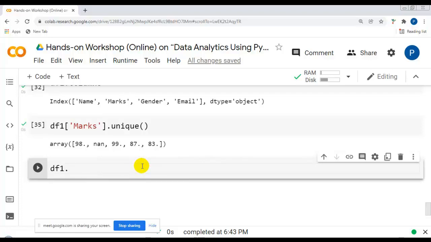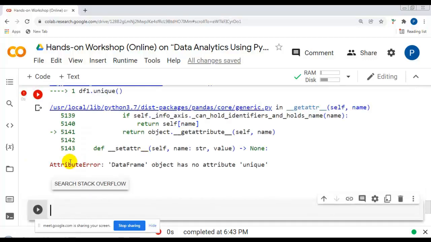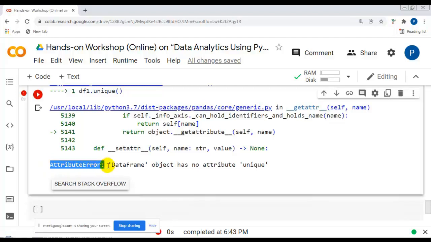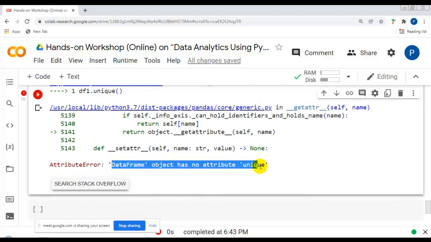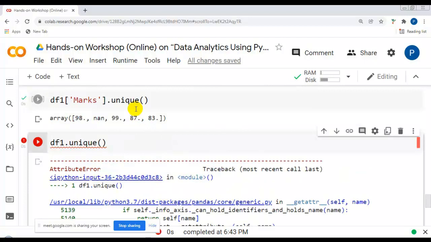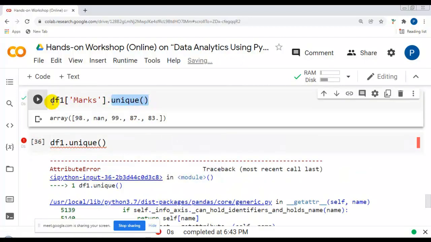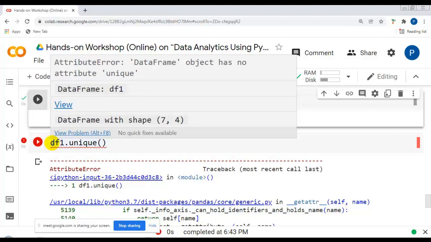Let me check df1. I want to apply this unique method on the entire pandas data frame. You can see an attribute error: data frame object has no attribute unique, which means we can apply this unique method on a particular column, meaning on a pandas series, not on a pandas data frame.